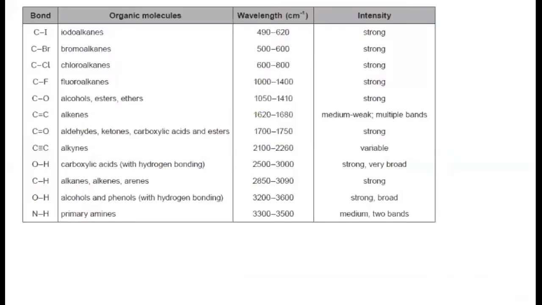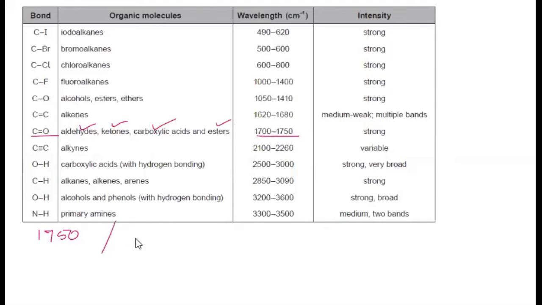Now let's try to find out which functional group the peaks in the graph correspond to. There was a peak at somewhere around 1750. If you're cross-checking it with the table, here you can see a peak around 1750. It is due to a carbonyl group, which could be an aldehyde, a ketone, a carboxylic acid, or an ester. So we have these options corresponding to the peak at 1700 to 1750.